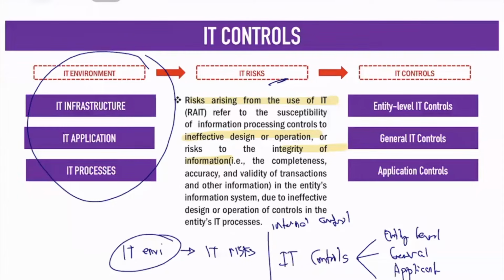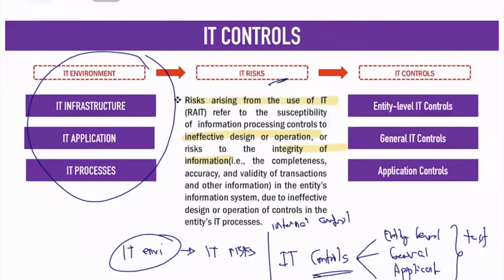And since we're talking about your controls, therefore, for audit in an IT environment, our main issue is to test this control. But how do we test a control without knowing it first? Therefore, as we go through our discussion, we will first discuss the different IT controls. Since we already discussed the IT environment, and we learned that in an IT environment, there is an inherent risk known as IT risk, we look now into the different IT controls that will be in place. And then we will test those controls. So our main audit procedure here is to test the IT controls. So let's look now into the different IT controls.